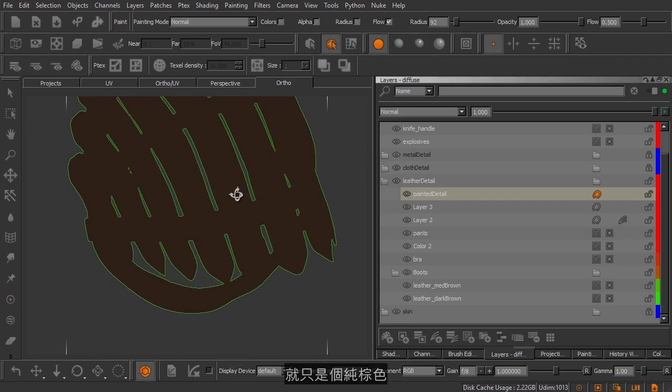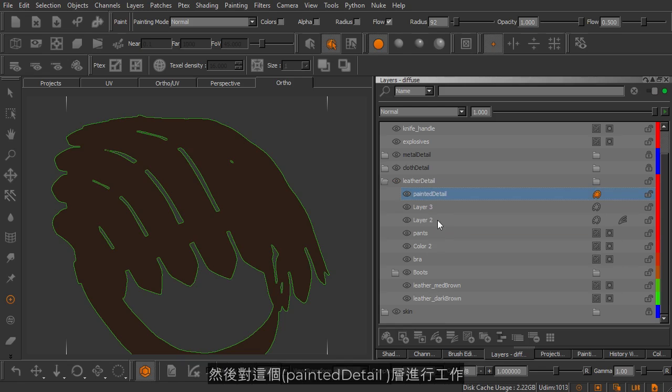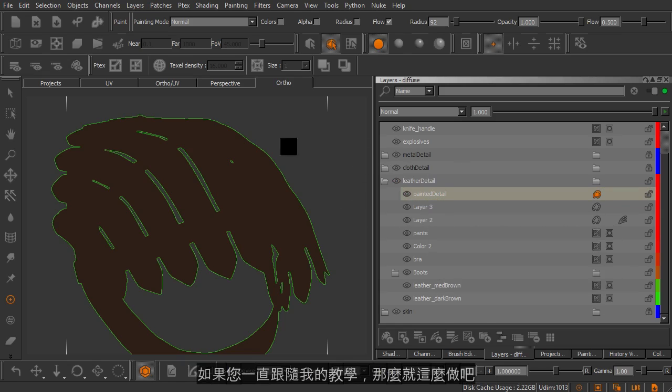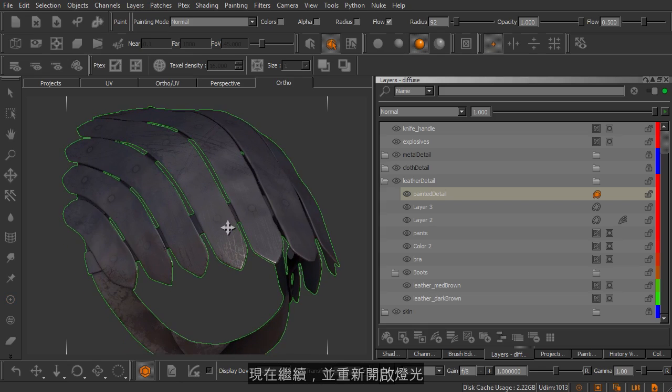this solid brown color. So in our project, I've gone ahead and uncached the leather detail layer, or layer group rather, and I'm working on this painted detail layer right here. If you need to pause the video to uncache this group, and if you're following along with me, feel free to do so. Now, I'm going to go ahead and turn my full lighting back on because the conversation I